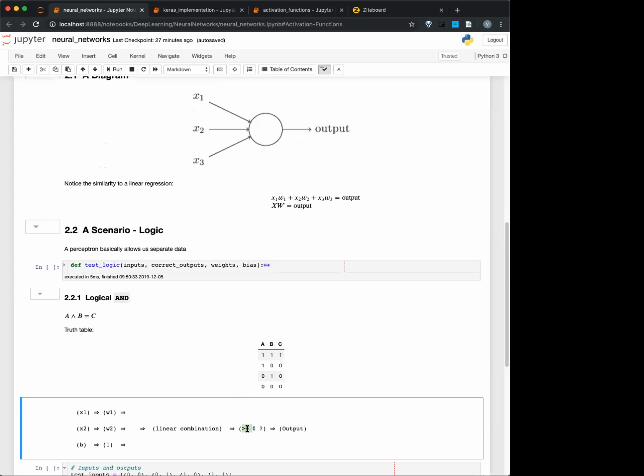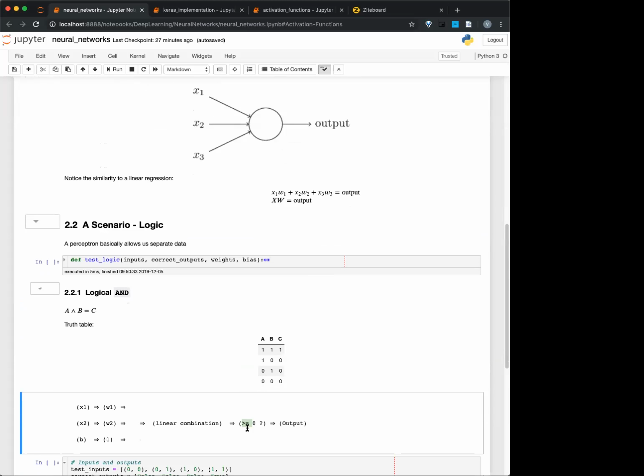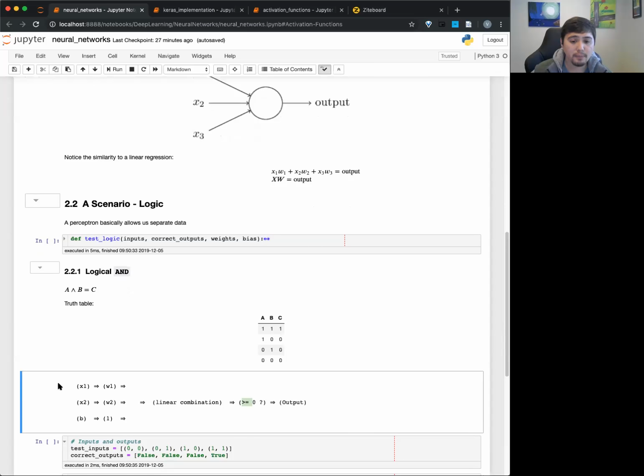It's what we call a step function. Okay. So this is how we're going to build up our perceptron network. We're going to build up our little perceptron and see if we can figure out the ways to modify W1, W2, and then B, what values we need to put in there so that when we put in 0 and 0 for x1, x2, we'll get 0 for C. But if we get 1 and 0 for x1, x2, we should get 1 for C.